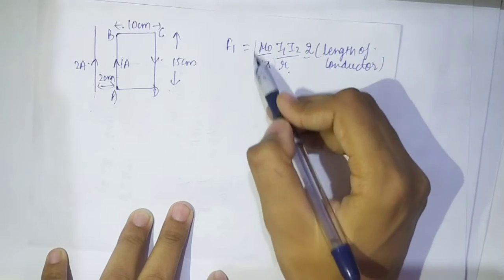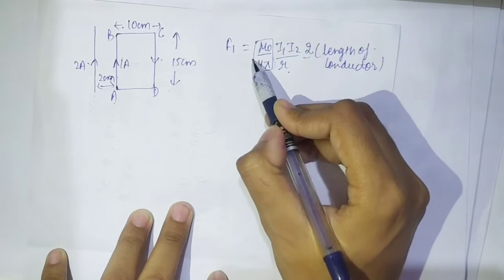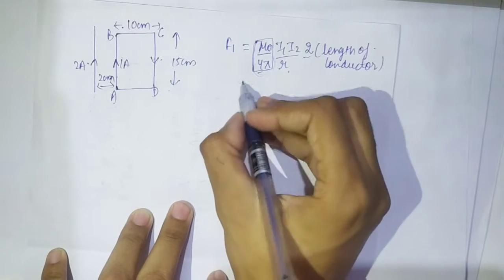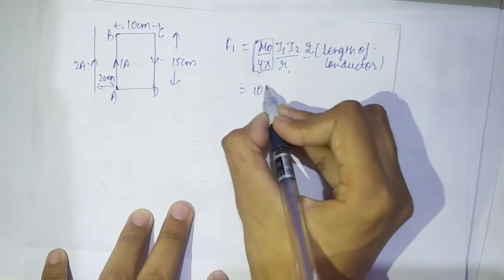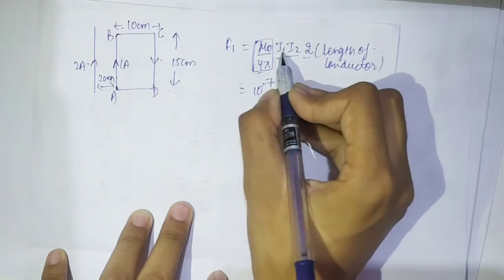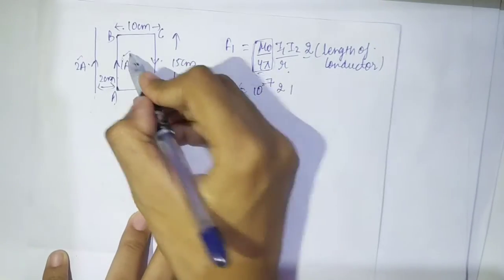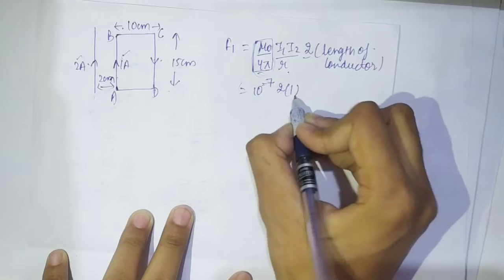Okay, why? Let me tell you why we have multiplied and divided by 4, because we already know the value of mu naught divided by 4 pi. It is a constant value which is 10 to the power minus 7. Let us consider I1 is 2 ampere, I2 is 1 ampere, you can see here,